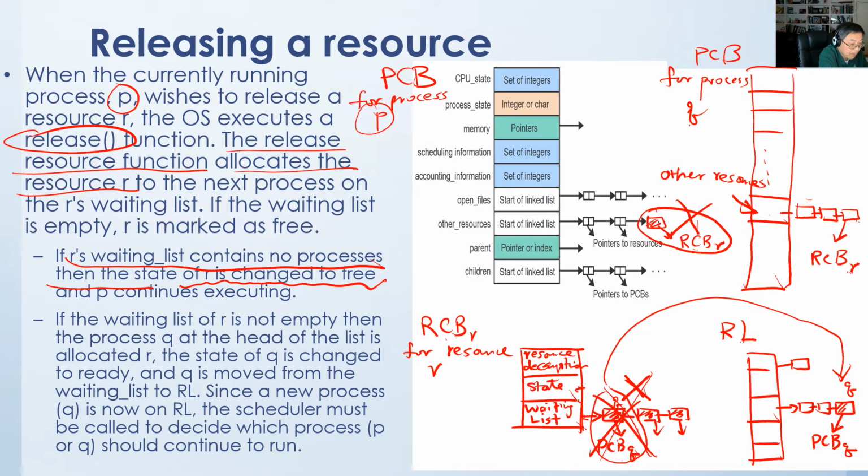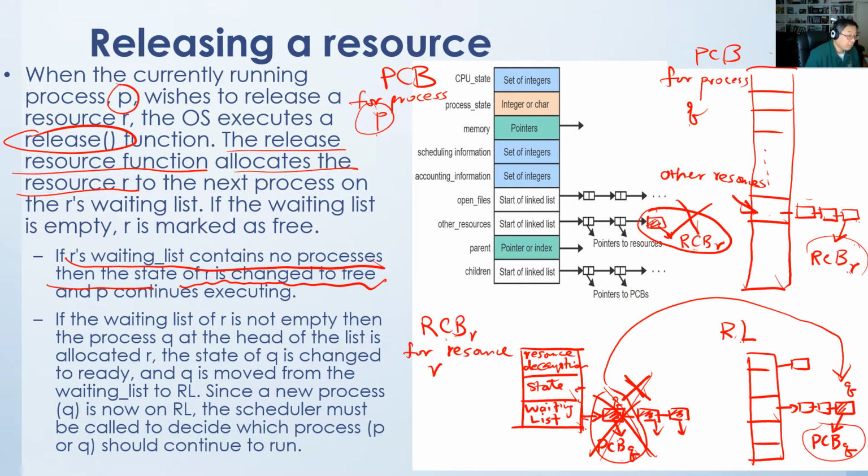Okay. Now we have a situation where process P is done. So the PCB of P releases the resource R, and process P will continue to execute. Then Q is going to grab the resource R, the resource is going to be put in the PCB of process Q, and then process Q is also going to be added to the ready list. So now process Q